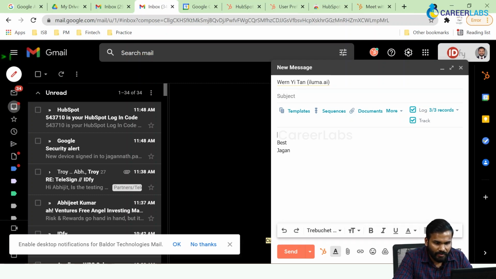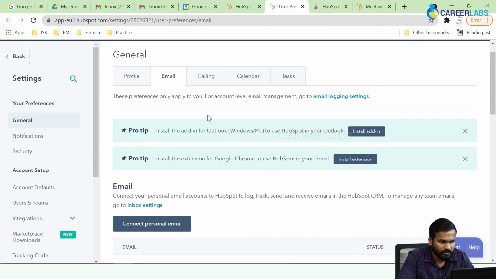Further, if you send a particular kind of email repeatedly, so let's say that as you reach out to your lead, or once your lead inquires more about your product, you might have a standard email template that you use to send as a reply to your lead. So in such scenarios, it makes sense that you save these as templates in HubSpot and you access them on a need basis. So here is where I would click on templates, and then I would insert a template email that I might have saved on HubSpot, and that is something that we can check over.